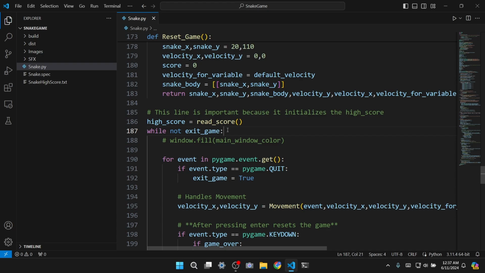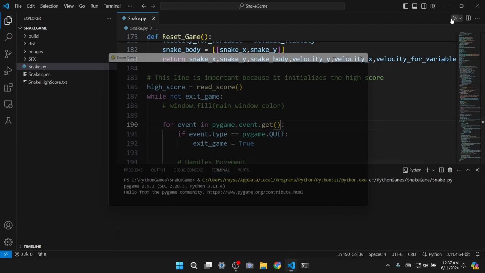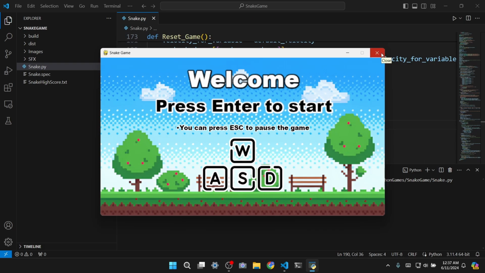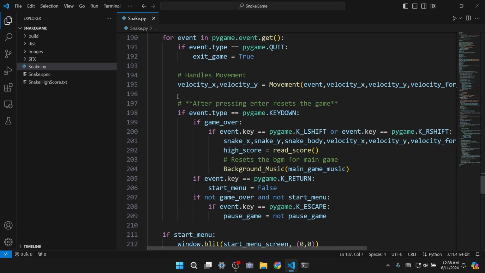If you remember, exit game is set to false by default. So while not exit game is basically while true. Then using this for event in pygame.event.get, we get the event type, and if the event type is quit, which is the cross here, then if we press this, it stops. So it says true and it returns, it becomes true, so then